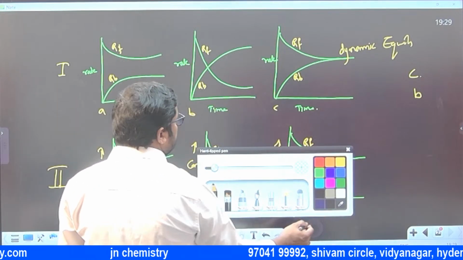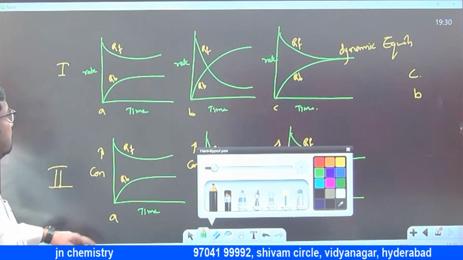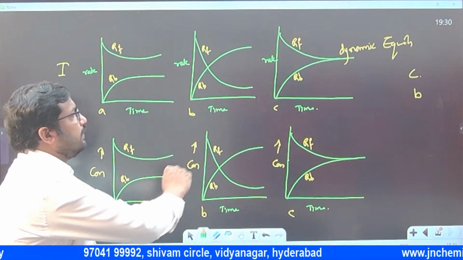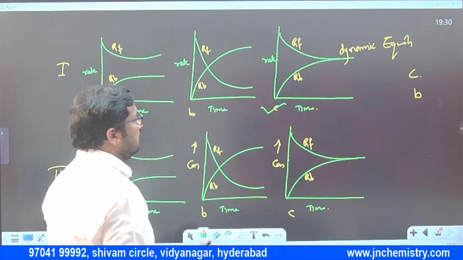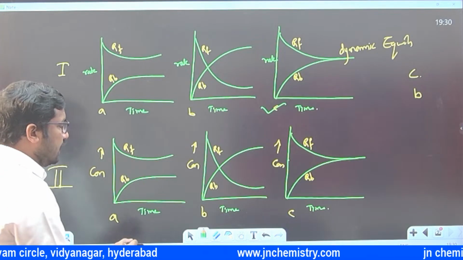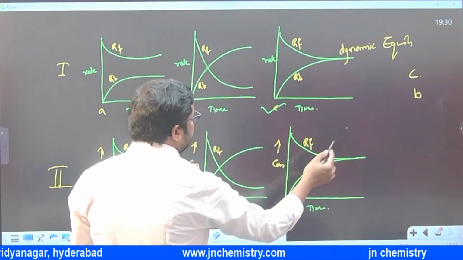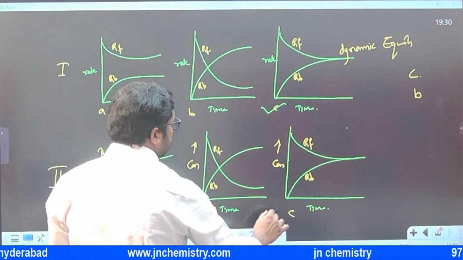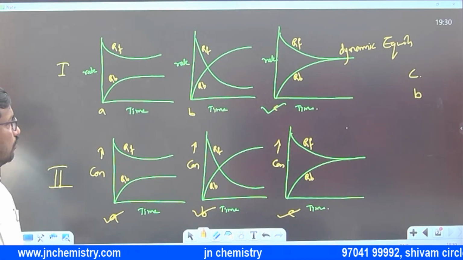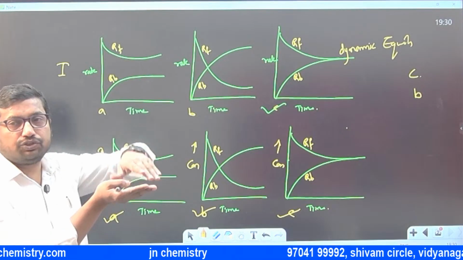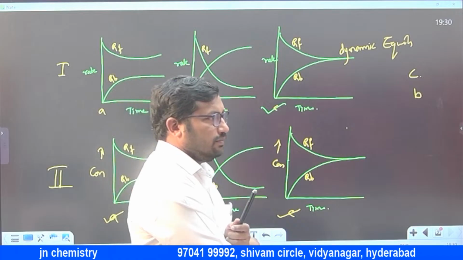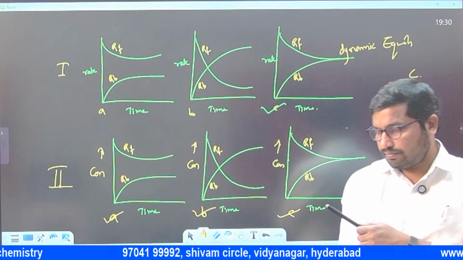So in this case, Nana, first case, rate of forward reaction and rate of backward reaction both should be equal. C is the right answer. But whereas in case of concentration, it could be anything, no issues. All are correct. Concentration doesn't matter, only rate matters. So rate of forward and rate of backward should be equal, but not the concentrations. Okay, write it down. For example, concentrations